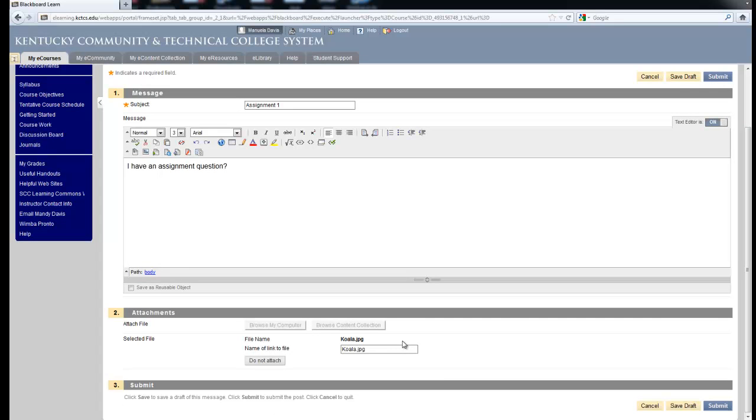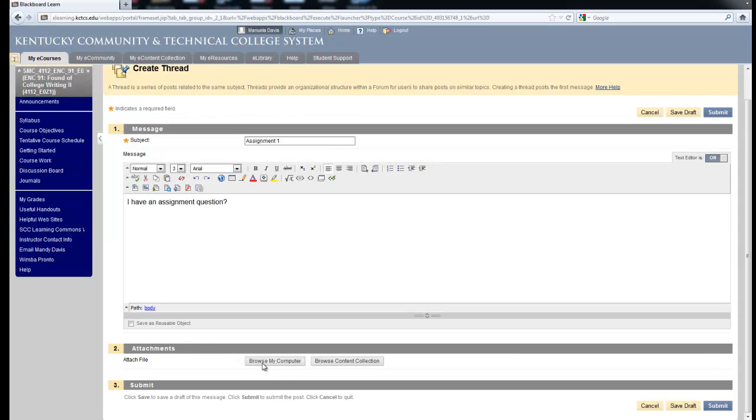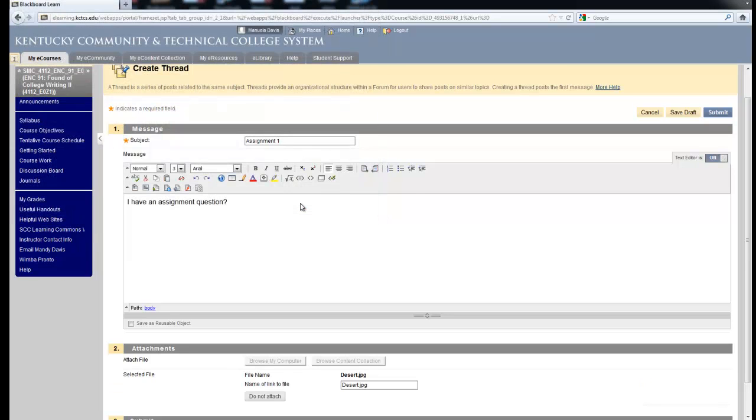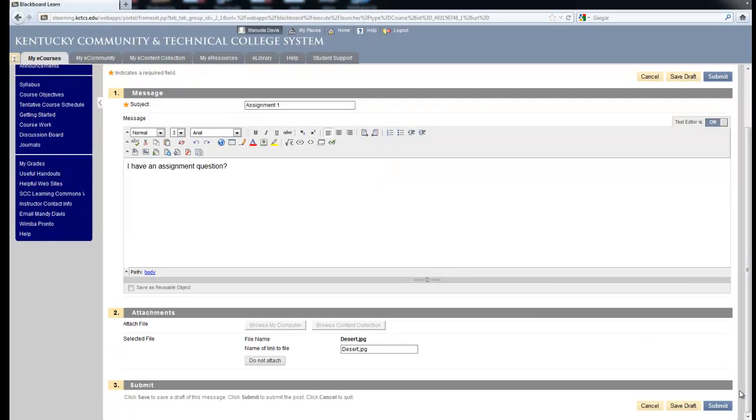Let's assume for a moment that you have clicked the wrong file. You do not have to retype everything. Simply click Do Not Attach, browse My Computer, and find the correct file. In this case, let's put the desert picture on there and click Open. The file then will appear, and once you submit this particular